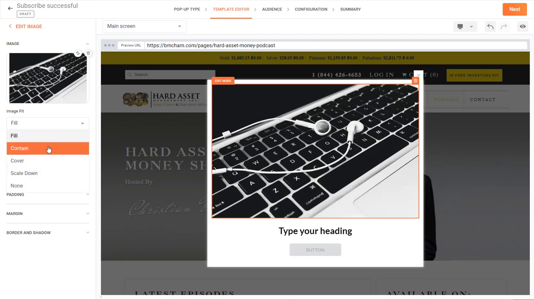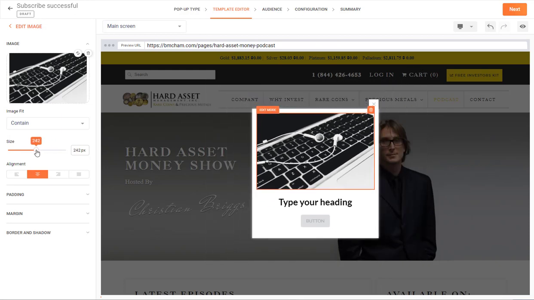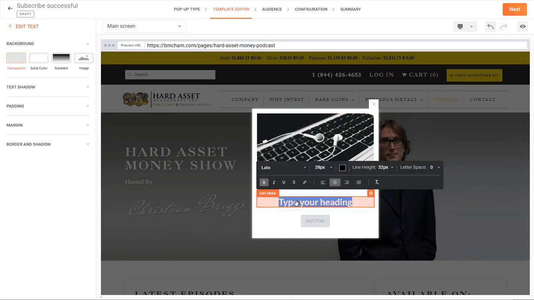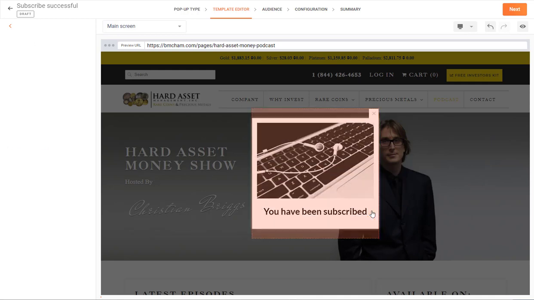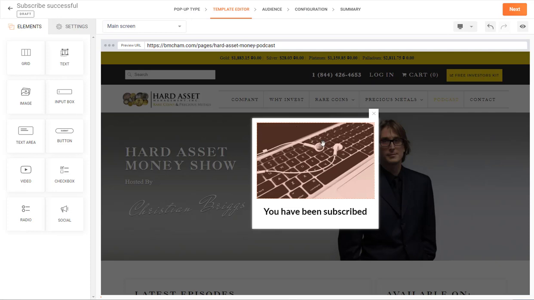And we can change this to contains, make it even smaller. This you could play around with, but let's come down here to type your heading, and we're going to put you have been subscribed, and we're actually just going to remove this button because we just want them to see this pop up. So we are going to choose next,